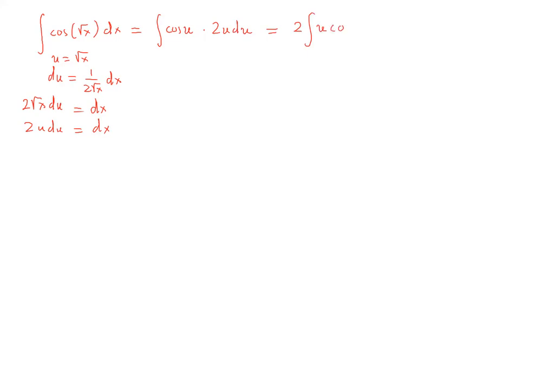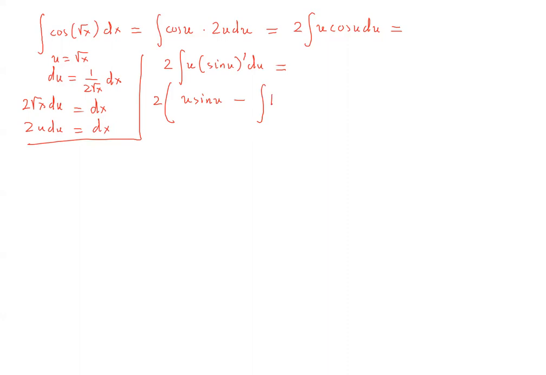Let's write this as 2 times the integral of u cosine u, and this is where you finally use integration by parts, which, by the way, if you were doing the UV thing, what would you do here? It would be a little bit of a problem, right? But we're not doing the UV thing, so we're not really concerned about that, because here, all we need to do is acknowledge that cosine is the derivative of sine. And since we have a 2, we want to put a parenthesis and do the whole thing inside that parenthesis. And we need to take the derivative of u, which is 1, clean it up a little, and this will give you 2u